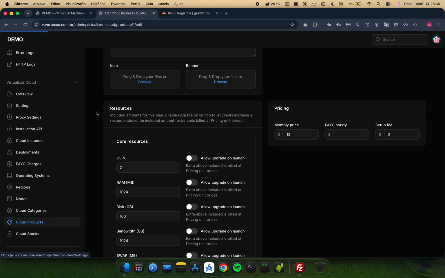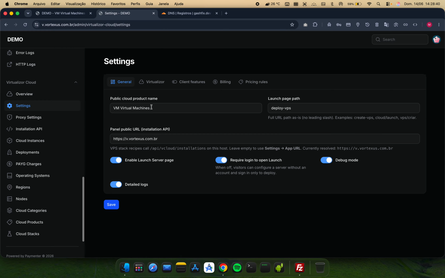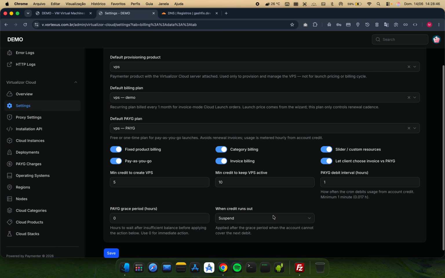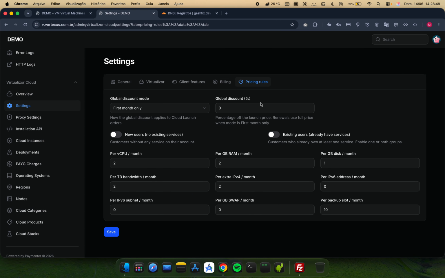You go to settings. Okay, you go to billing, and you get all these. Oh, sorry, you go to pricing rules. Sorry, my bad. And then you get all these options: per CPU, per TB bandwidth, per extra IPv4, IPv6,